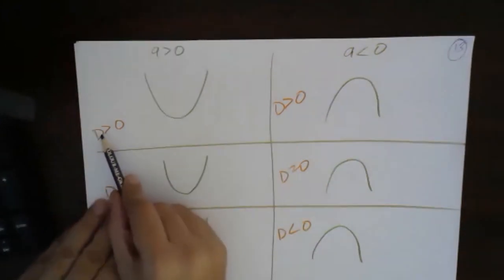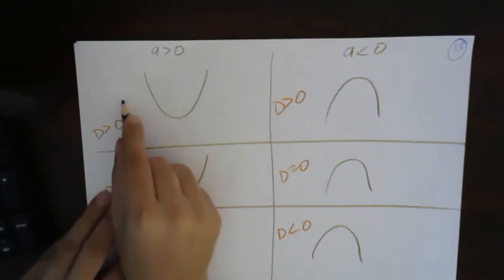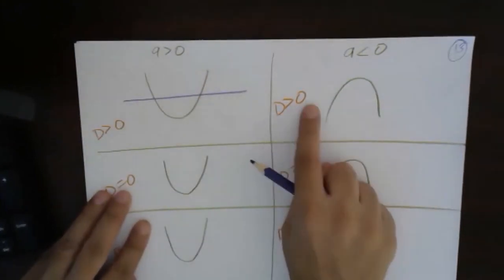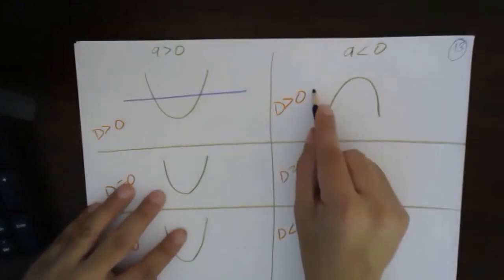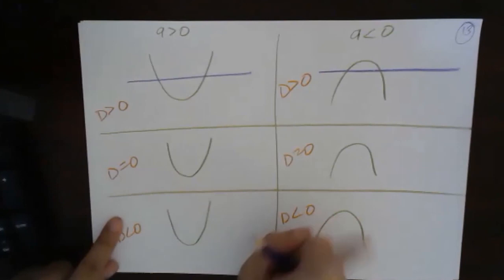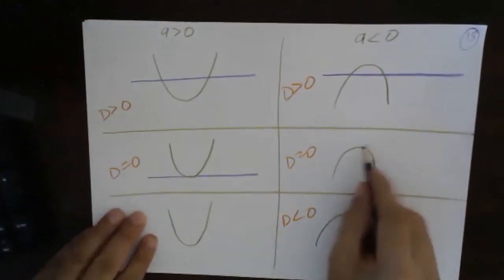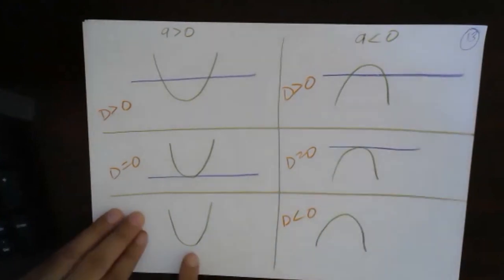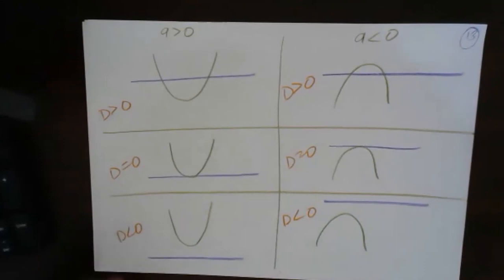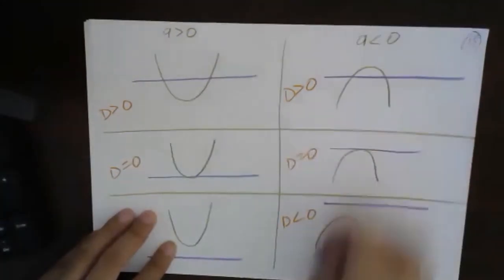Okay, so the first one, d greater than 0. How many roots? 2 roots. That means it will have 2 points. Very good. Same thing with this, d greater than 0, that means 2 points. D equal to 0, how many points? 1 point. Equal roots, that means this point. This one also, this point. And the last one does not intersect at all. Very good. Okay, so I will write this also. I hope this part is okay.